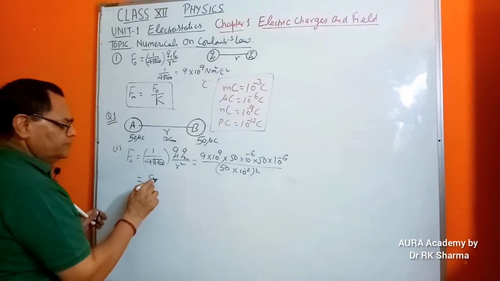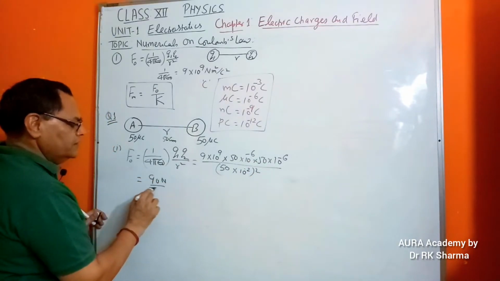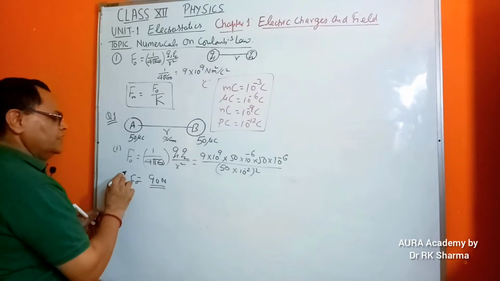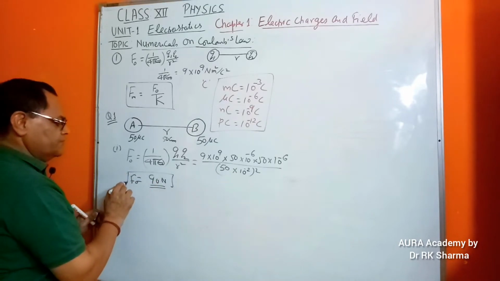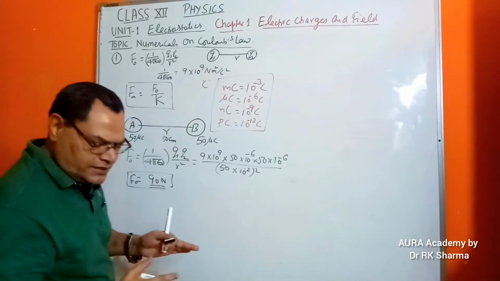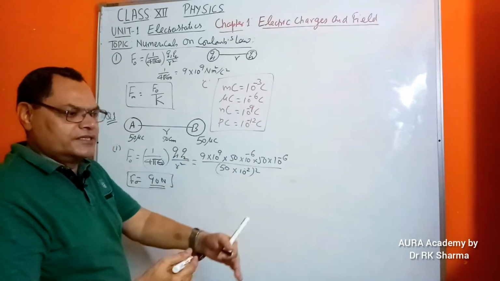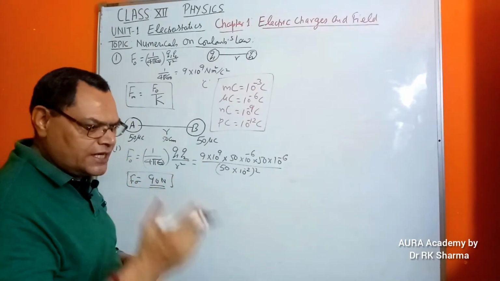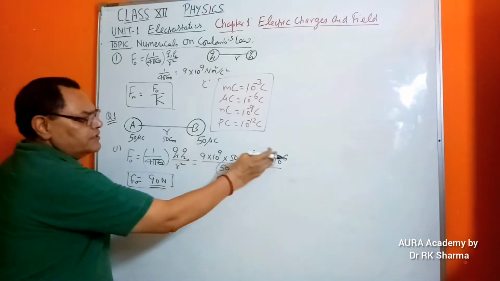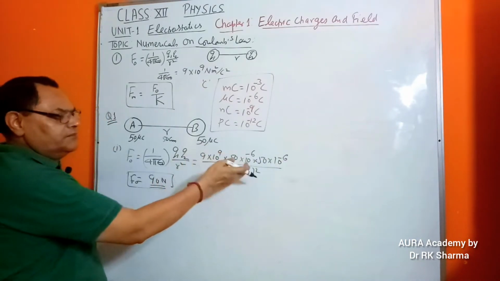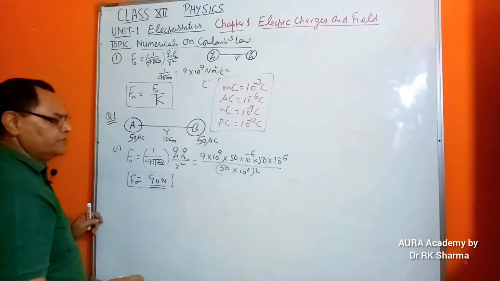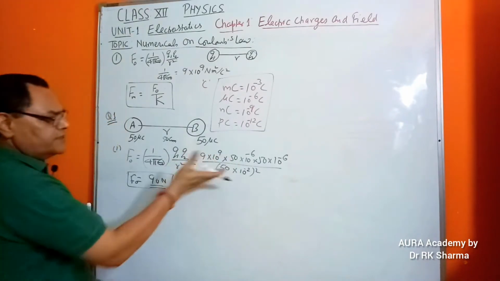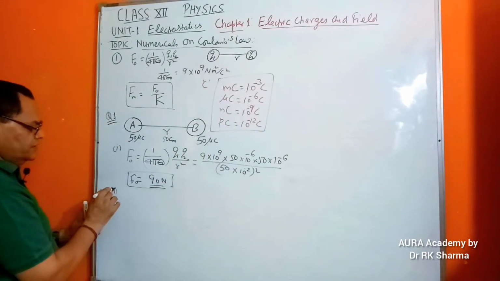I hope it may come somewhere around 90 Newton, right? Because what I am supposed to do here is to tell you the methods and share the concepts. This is pure mathematics involved, the multiplication and division, so you can go through this. So this was not the idea. The basic question is now this.